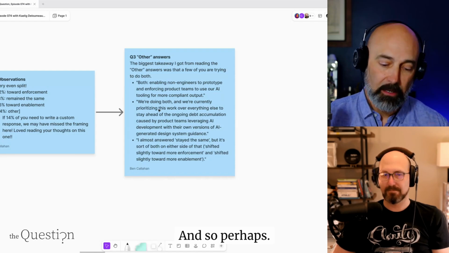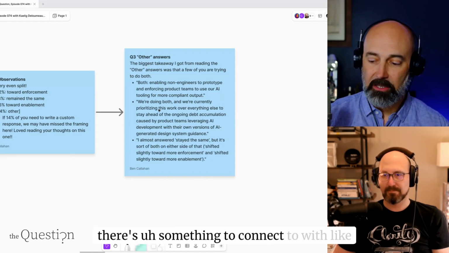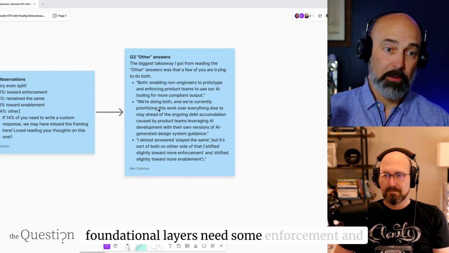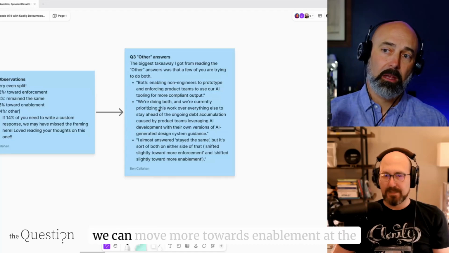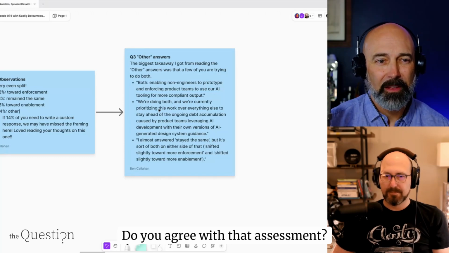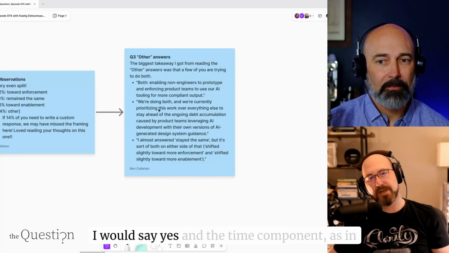And so perhaps there's something to connect to with lower layers in your system. More foundational layers need some enforcement, and we can move more towards enablement at the higher layers. Do you agree with that assessment? Yeah, I agree with it. I would say yes, and